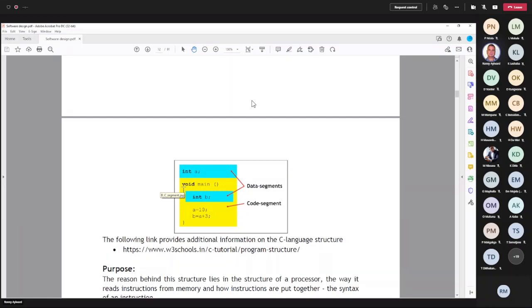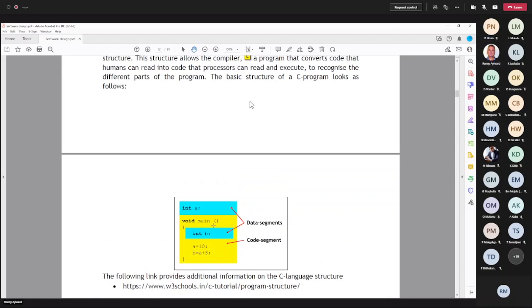So if we don't adhere to that structure, follow those rules very carefully, then we end up where our code, although it compiles, doesn't exactly do what we expect it to do. Okay, so let's look at this structure and see the different parts.